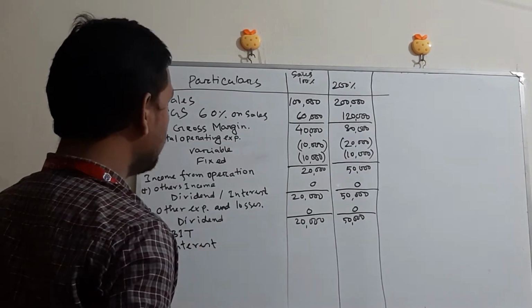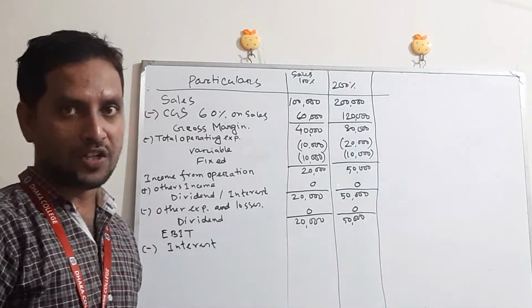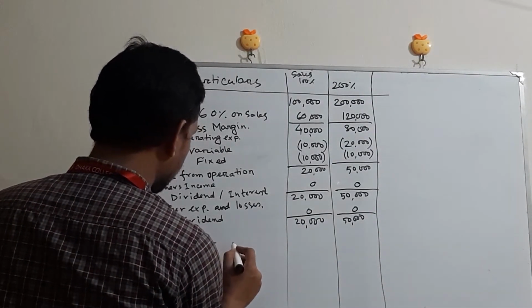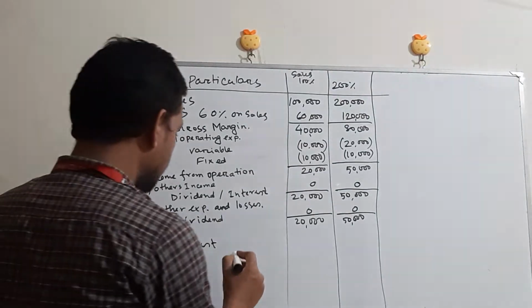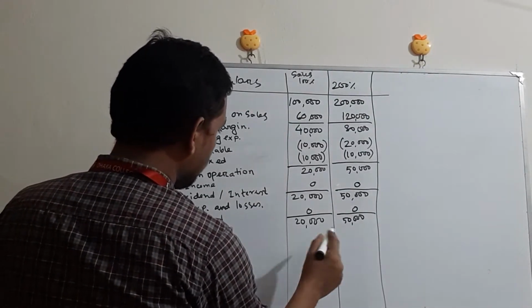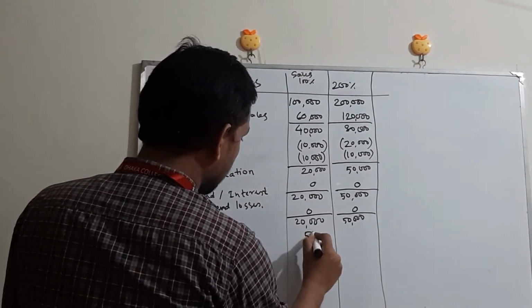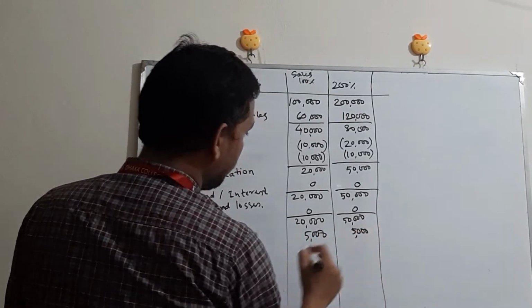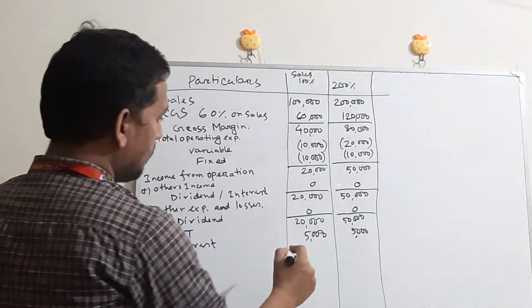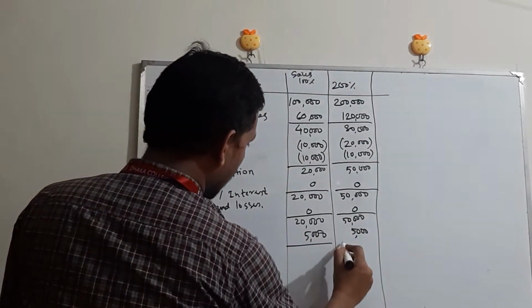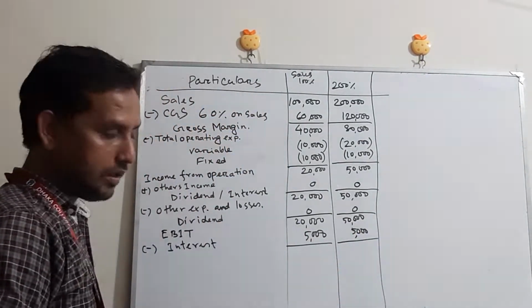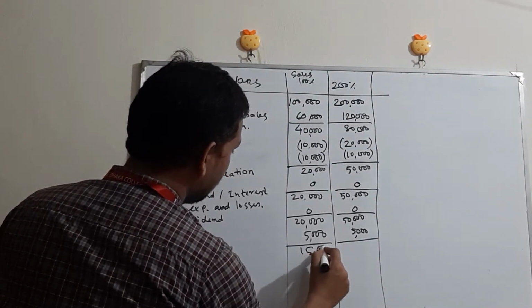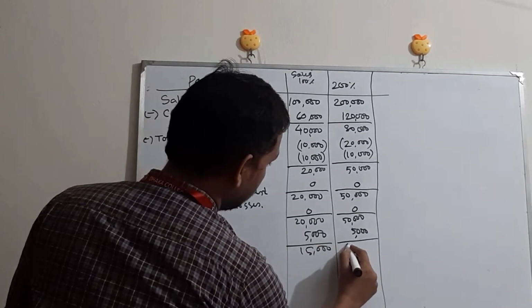On bond, which is fixed financial charges. Interest at 10% on 50,000 taka is 5,000 taka. So 5,000 taka, it is fixed. So on both sides it is 5,000 taka. Okay, so it is 15,000 taka, and it is